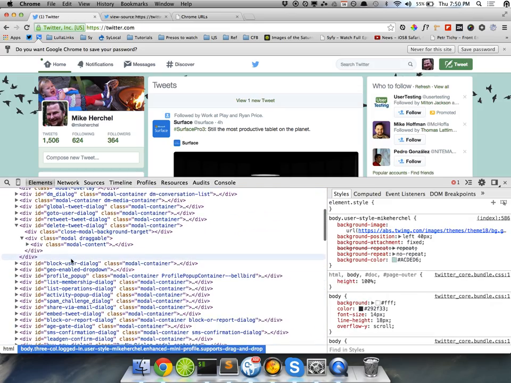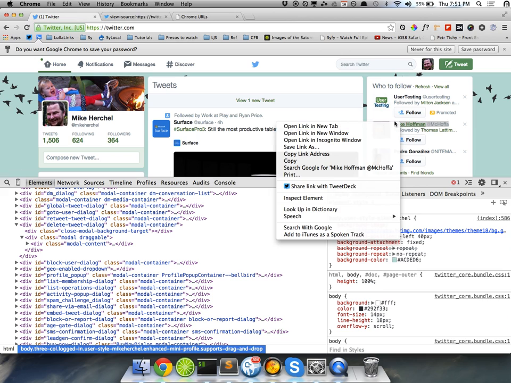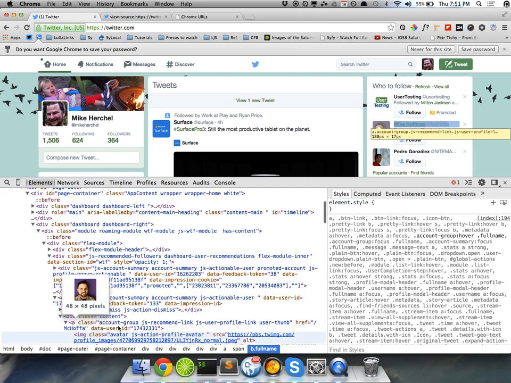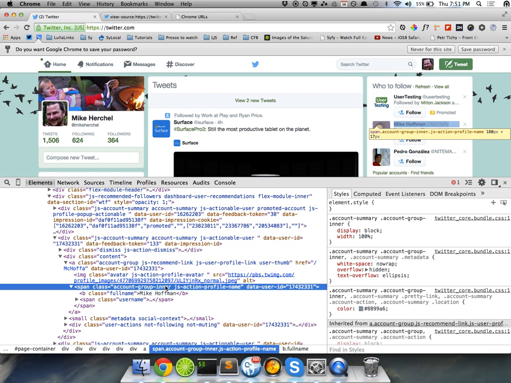So there's a lot of depth to this, but one of my favorite aspects of this tab is the ability to select any element, and we can do so by right-clicking anything, clicking Inspect Element. It's going to find that element within this tree and highlight it. And we can hover over and observe the structure of this element. With any of these selected, this right column displays all of the active CSS that's applying to that particular element. And the cool thing about this as well is that you can